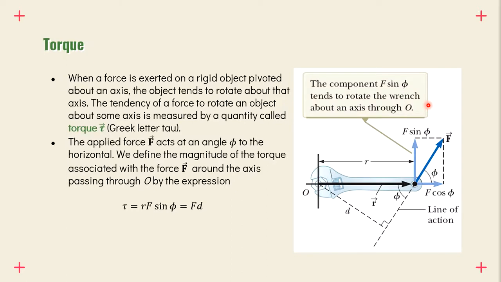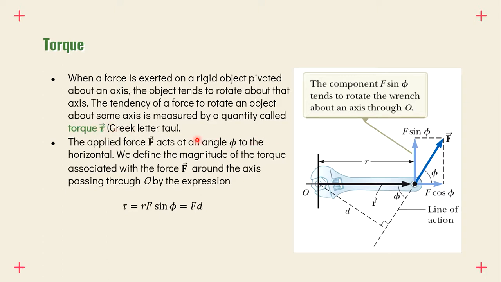So first of all, let us define what torque is. When a force is exerted on a rigid object pivoted about an axis, the object tends to rotate about that axis. The tendency of a force to rotate an object about some axis is measured by a quantity called torque, which is represented by the Greek letter tau. As you can see, the Greek letter tau here has an arrow above it,